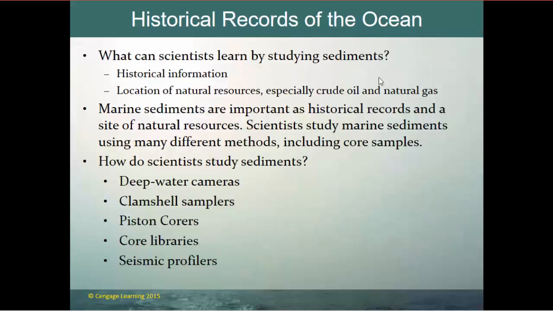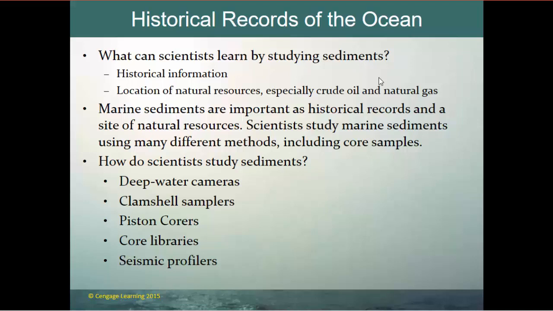So what can we learn by studying sediment? Historical information, the location of natural resources like oil and natural gas. Marine sediments are important as historical records and the site of natural resources. Scientists can study marine sediments using many different methods, including just simply taking core samples, where they just dig down